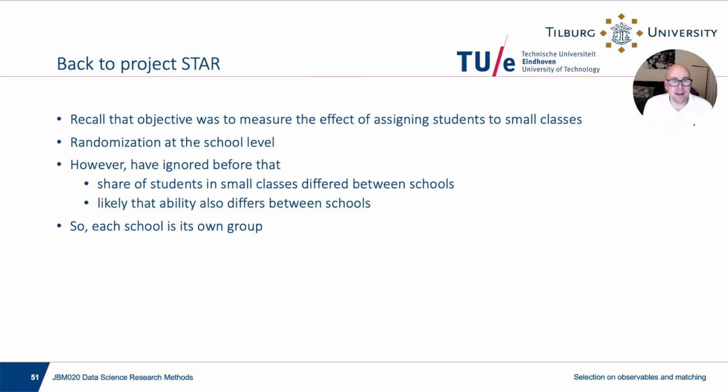So if we want to do it properly, this is what I'm saying here. What we have to check is whether the results actually change when we treat each school as its own group, right? In the sense that each school has its own Xi, and that we first calculate the treatment effect within each school and then average across schools after that. That would basically give different weights to different observations, so the results may or may not change.